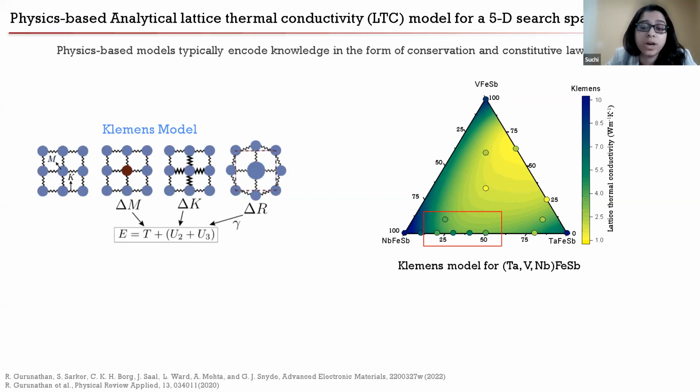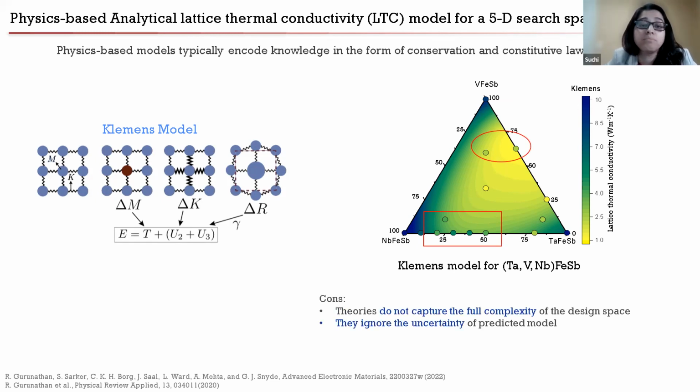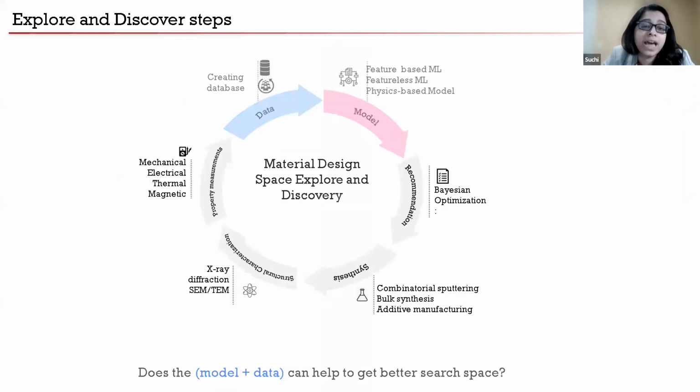However, when we put the experimental results, we do find this is the region where the experimental results work really well. However, if you look here, the theory does not actually capture the model complexity because there is a large mass difference between the vanadium and tantalum. As a result, the model tries to oversimplify the phenomena. So the theory does not capture the complex phenomena. At the same time, it completely ignores the uncertainty of the predicted model. So we turned to data and the model and thought, can the model plus data help us to better